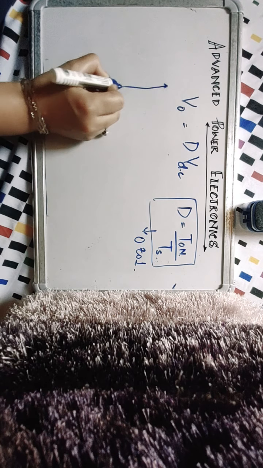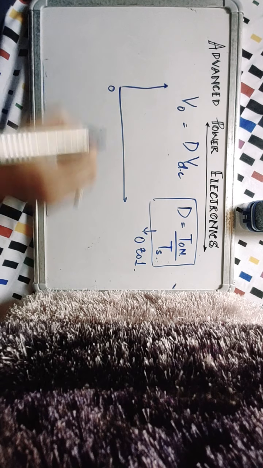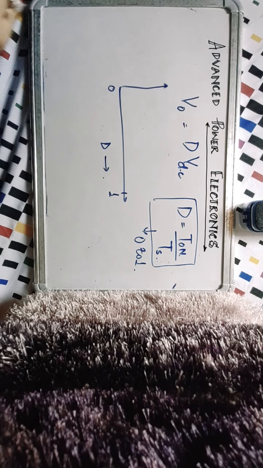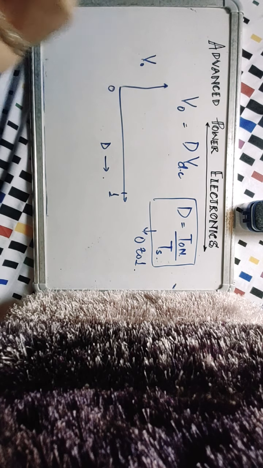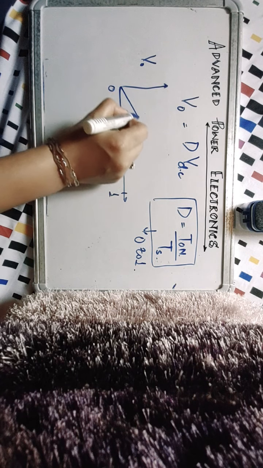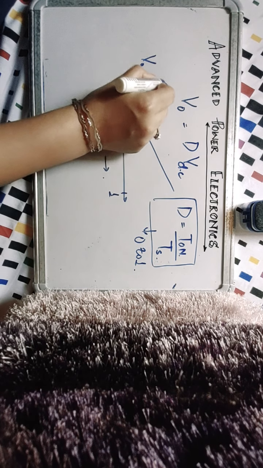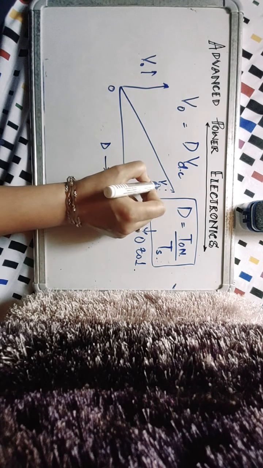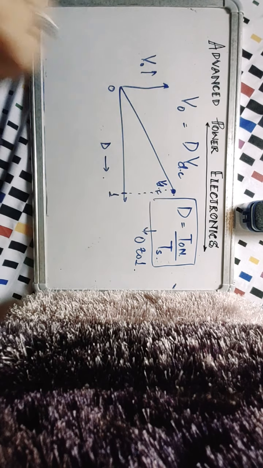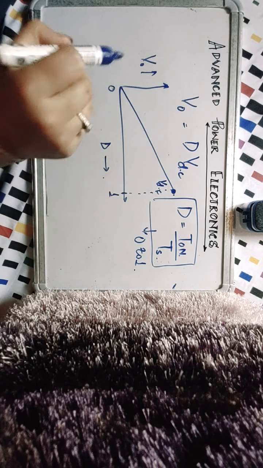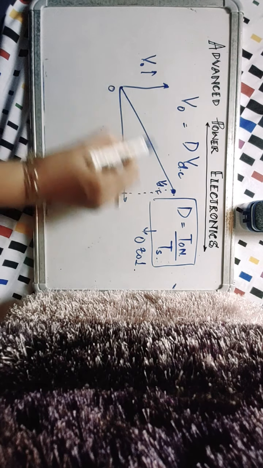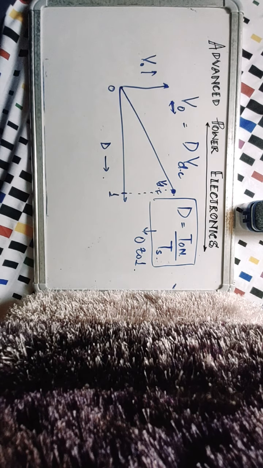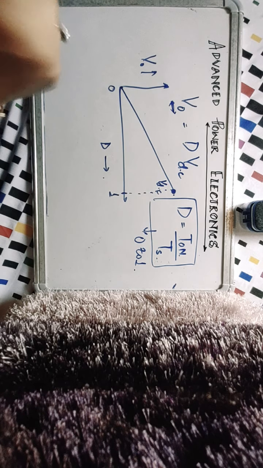So if you plot duty ratio, it goes from 0 to 1, this is your duty ratio, and you assume that the input of the converter is constant, then V naught will vary linearly as D varies, and at D is equal to 1, V naught becomes equal to VDC over here. So a linear curve, you have buck operation from 0 to VDC, you can smoothly vary your output voltage of the converter. So it's buck operation. If you see the reverse,